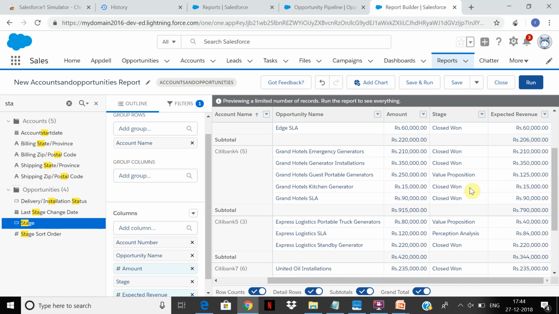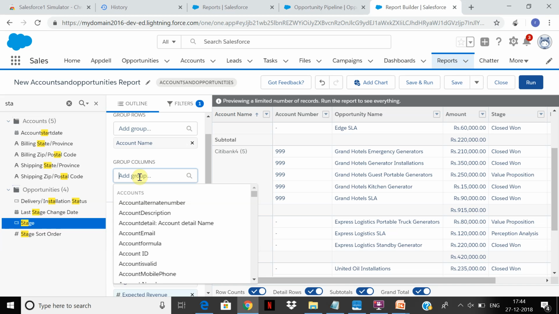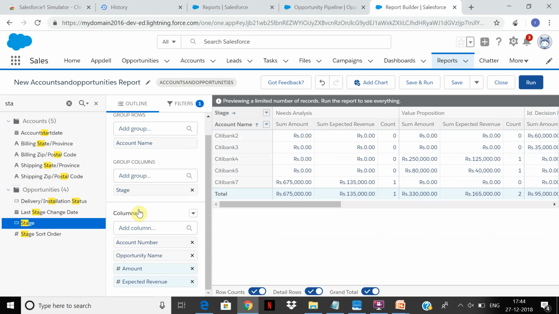Now the stage has come in. It shows us what stage, some value proposition, so this is going to give us something additional to work on the column. So in this column, we are going to make a matrix type of report. Now the stage has got added. Under the needs analysis, it gives you a summary, and we can drop this particular field.